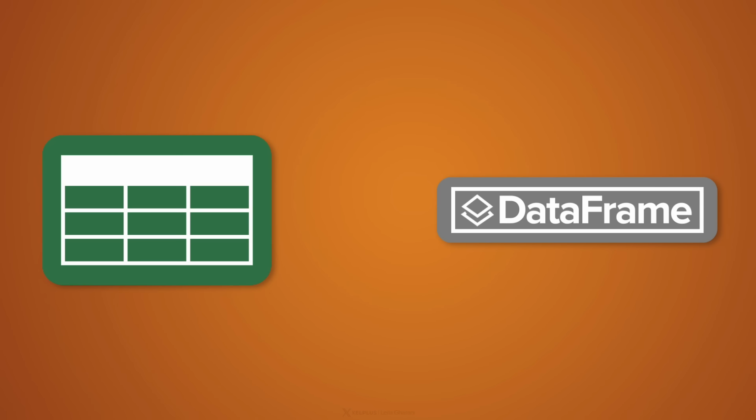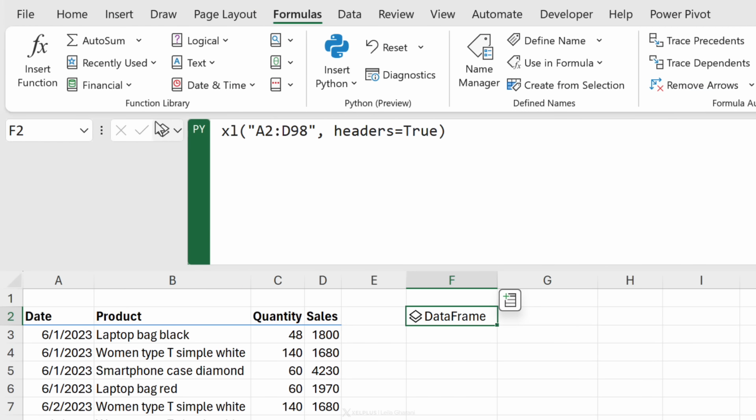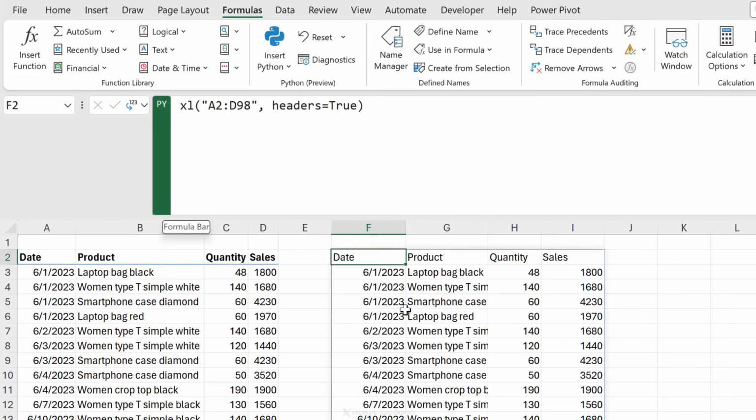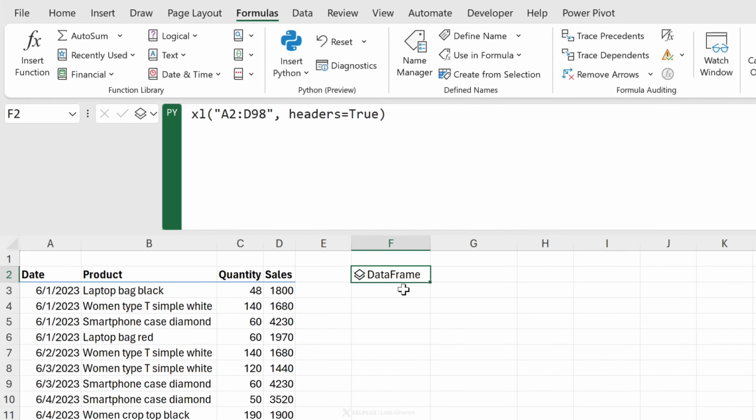If you know Python, you know what this is. If not, it's basically a condensed version of your table. It's a two-dimensional data structure that's all sitting in a cell. Now, take a look at this. Here we have a drop-down. What is being returned here is a Python object, that's our data frame, but I can switch my view and return Excel values. When I do that, I get my data set back. But this takes up a lot of space, so I'm going to switch it to a Python object